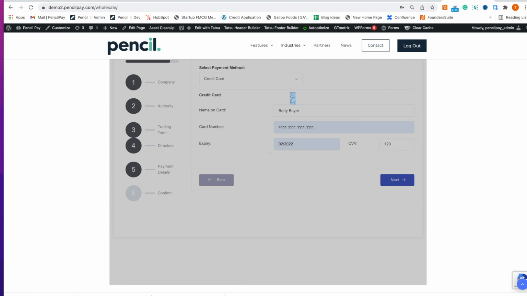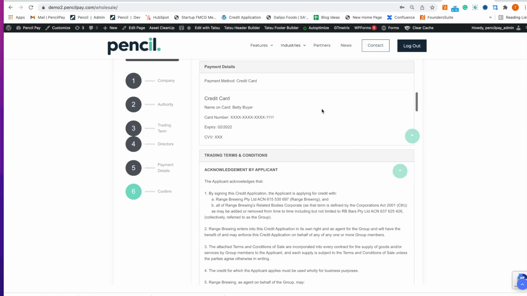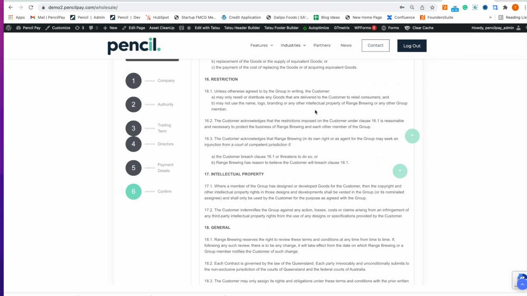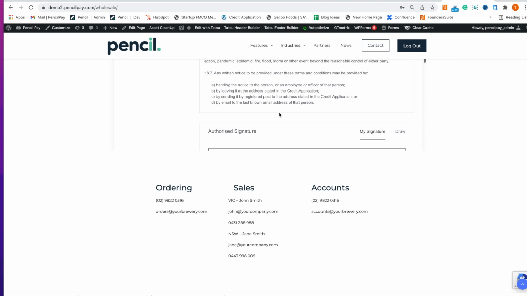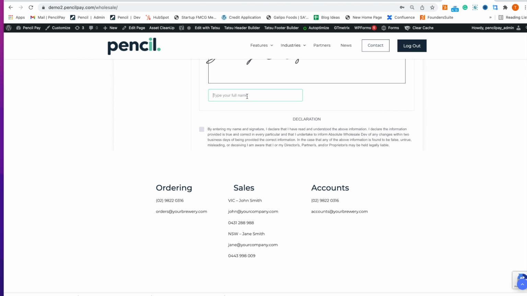We just scroll through this list and check out the terms and conditions, and you'll see there that there's a signature box. That's already pre-signed for the customer, and she's just going to type her name in and agree to the terms and conditions below via the declaration and submit. Okay, so from here,